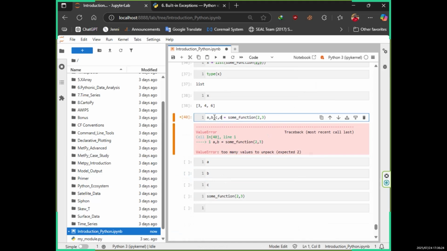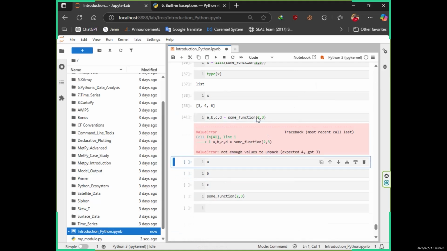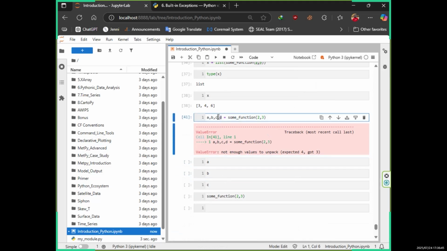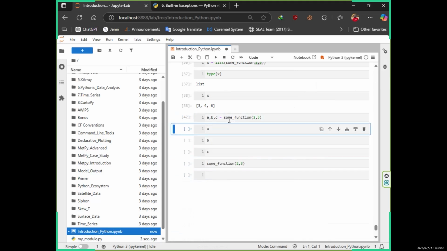If I type 4 variables, what will happen? If I type 4 variables, it's also giving me an error: not enough values to unpack. That means the output only has a few values, but you assigned a lot of variables, so there are not enough values to assign. Now if I type 3, it will assign in order. If I type a, it should be